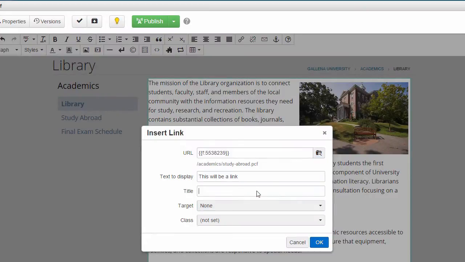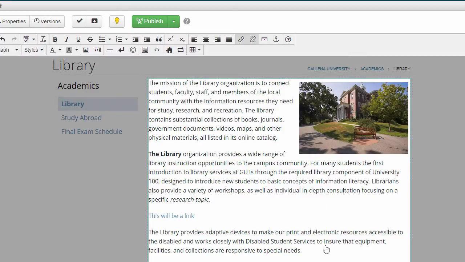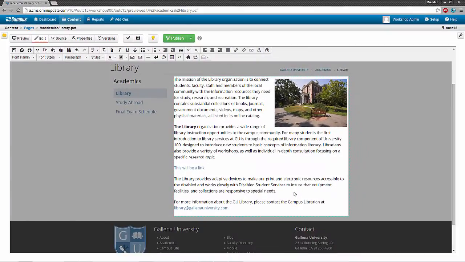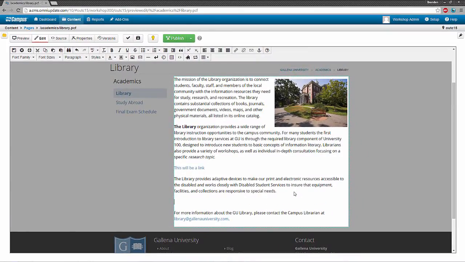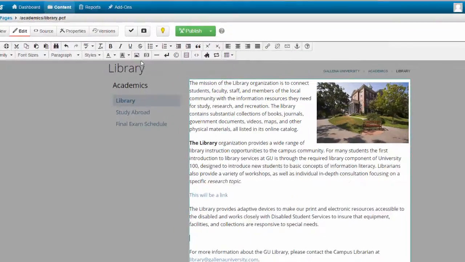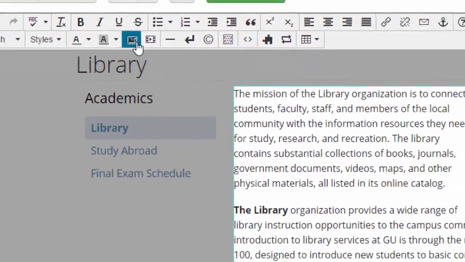Next, we're going to add a title for the page, which is what would appear when you hover over the link, so that looks good. I'm going to click OK and insert my link. Next, we're going to add an image into the page, which is also different in JustEdit. First, I'm going to click Insert Edit Image, and that's going to bring up the modal that allows me to